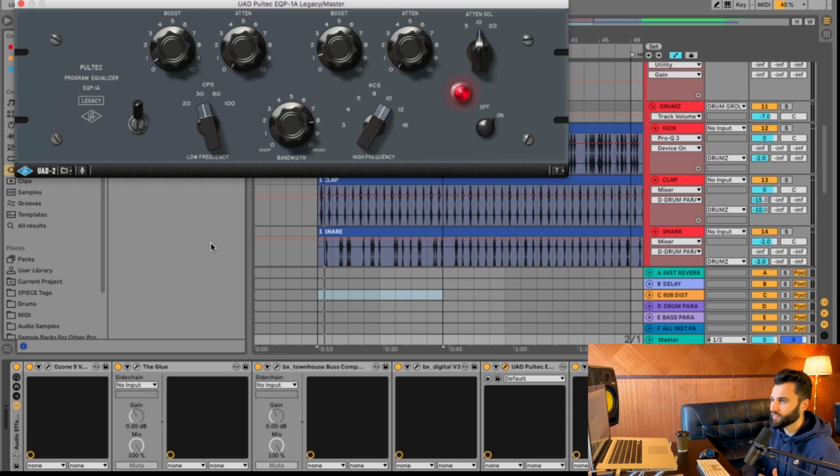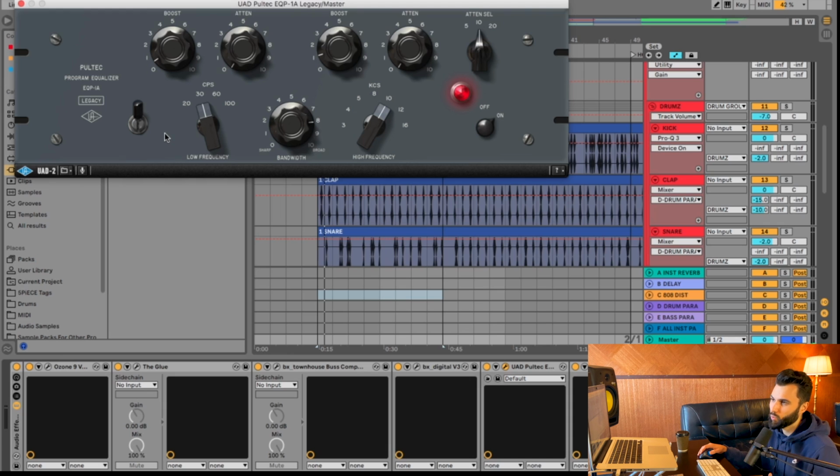And it does things a little bit differently. It's a very simple interface. It's pretty much just 2 frequency bands, a low and a high frequency. And, you know, you have the boost and attenuation. And the funny thing is you can actually use these in conjunction with one another to achieve a really interesting sound. Now, I like to use this on individual sounds, primarily on my bass and kick drum sounds.